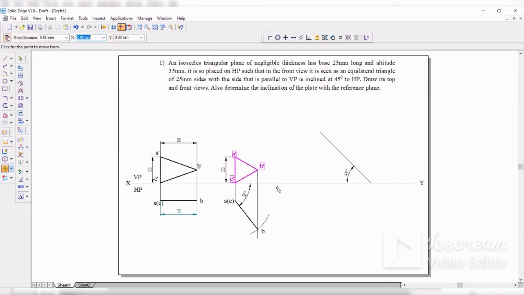Now I want the whole thing, so I'll select the whole thing. Once I select, I'll take the whole triangle on this line. So I want the triangle to be on the XY line. So what I will do is here, I'll just keep it like this. Okay. Now, since I have clicked on C dash, what I will do is I'll rotate, since I want AC on this line. So select the whole thing.